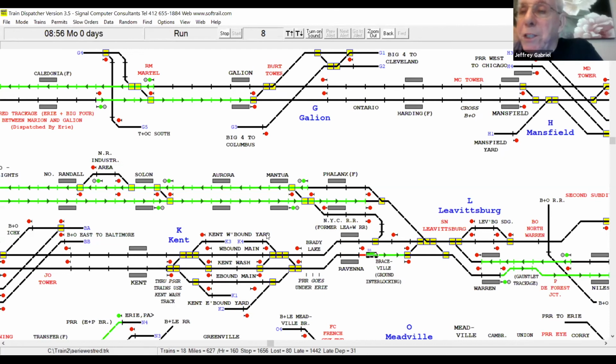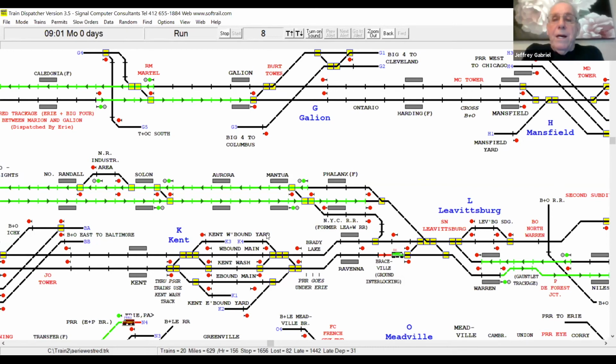Let me explain this a little bit. We're talking about Train Dispatcher 3.5. And what I'm saying is anyone that would like these 5 territories, these will operate on your computer under Train Dispatcher 3.5. That you have to buy from somebody, but it's a flat $20 one time forever. Very reasonable cost, and it downloads itself onto your computer. And if you email me, you'll get an instruction sheet that tells how all that works.